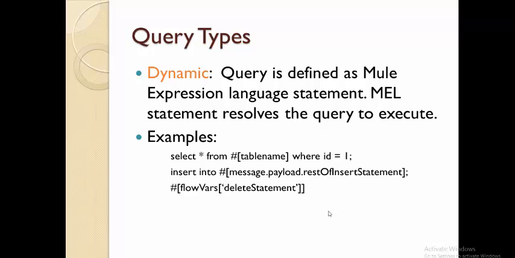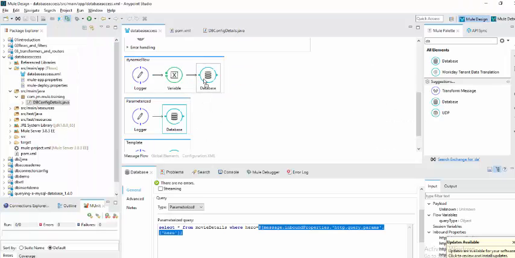Coming to a dynamic query, you can define the entire query as a MULE statement. See here, select star from, I'm defining the table name as a MULE statement over here, and the next line I'm defining a part of the query: insert into the table name, values, the parameters, all these things I'm designing as a MULE statement over here. And the third line, I complete the entire SQL statement, designing it like a MULE statement here. So the dynamic query builds, we can define the query completely in the MULE statement, and we will execute the MULE statement as part. If you see the dynamic query in my demo,